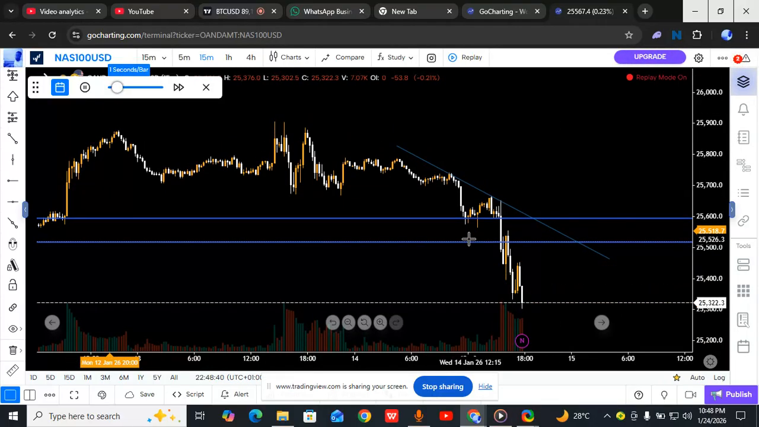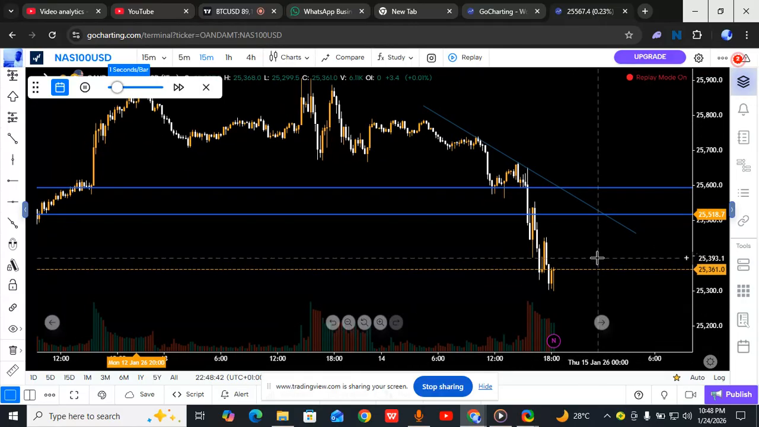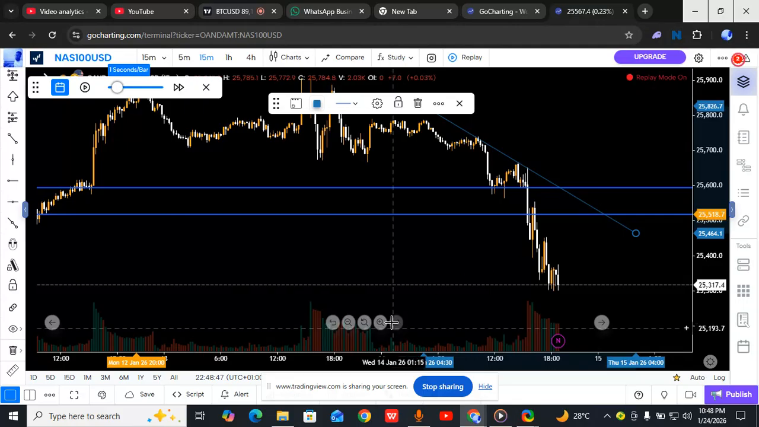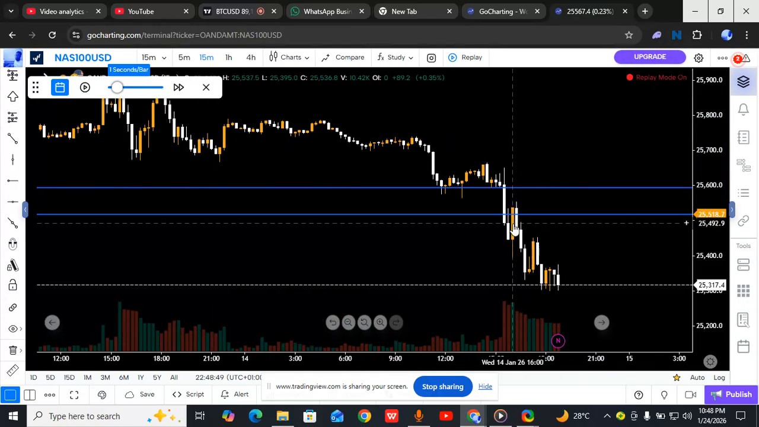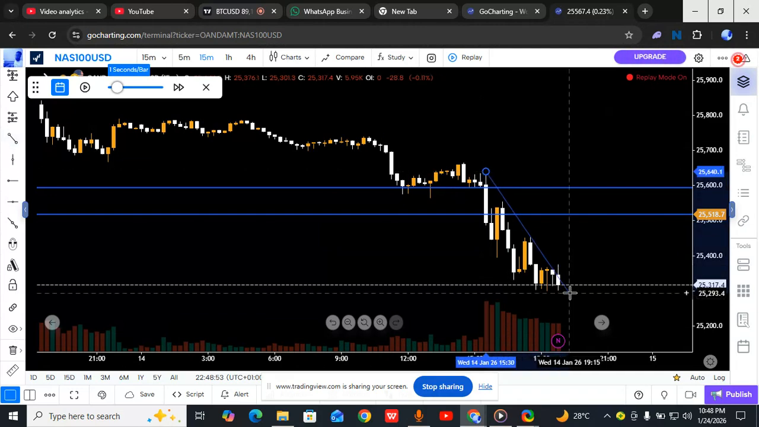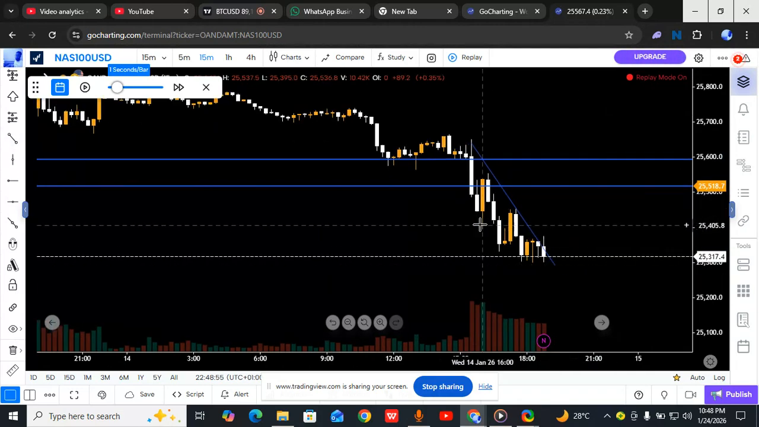Now also pay attention here. You can see that we are creating more lows. So automatically this trend line is being adjusted. So let's just take this one here. See, once we start to see price trades above this trend line,